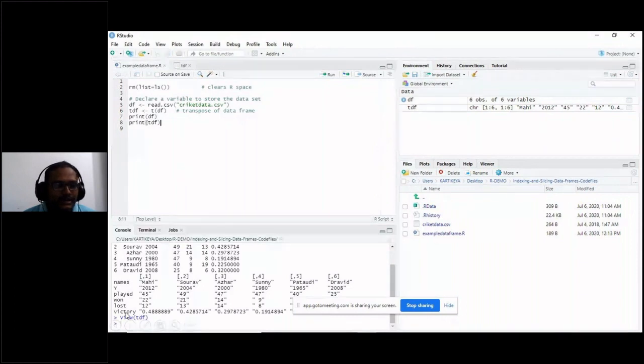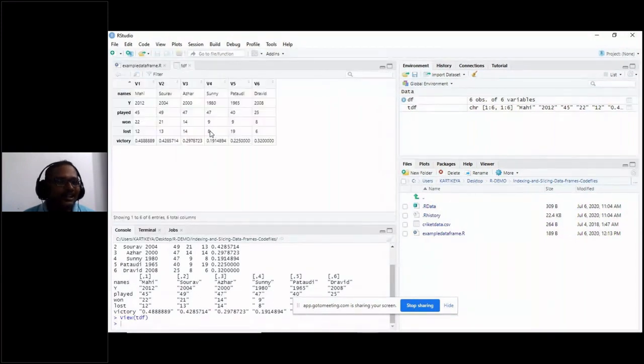Now it displays the column headings as Mahi, Sorrow, Azar. So the transpose function can be done on your data set by using the command T. No need to write transpose also. It is very simple. Write T, it will transpose the data frame.